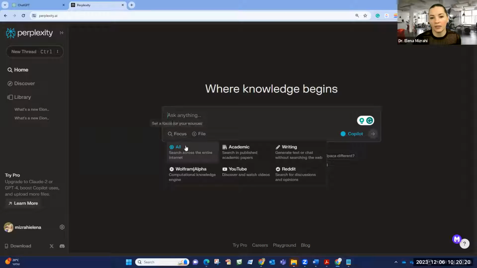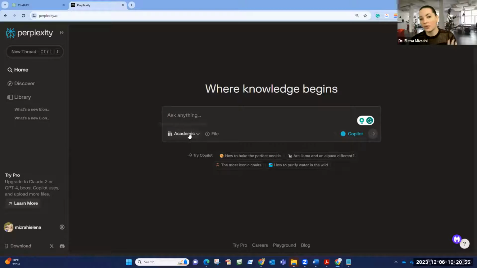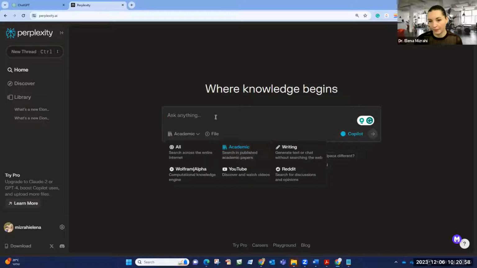Now, the focus button does exactly what you wanted. You can actually ask Perplexity, the free version for now. I don't know what the paid one looks like, but you can actually ask to search in published academic papers instead of searching across the entire internet, right? Which is the default option. When you click on focus, so if you're with me experimenting right now, just click on home and click on focus. And then you see this menu, right? And then instead of all internet, you will ask Perplexity to work with you using only academic sources. Keep your Copilot on with you.